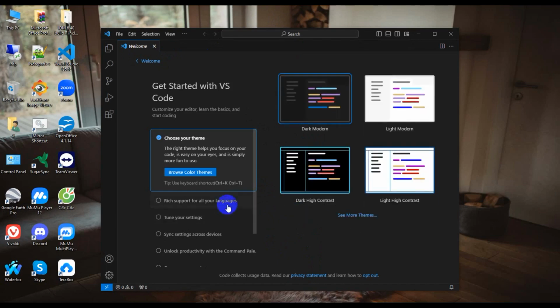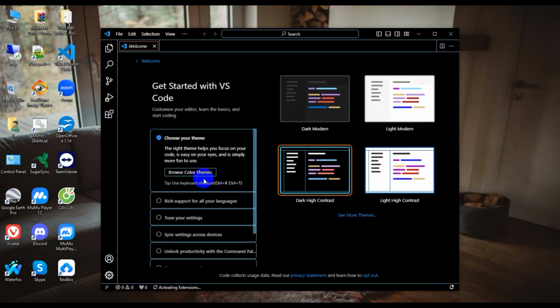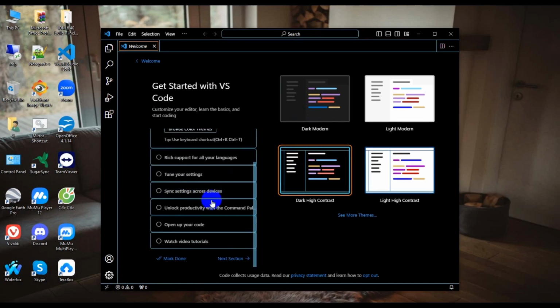and others. So, Get Started with VS Code. Choose your theme: browse color themes, dark mode and dark high contrast. So I'm just clicking dark high contrast. Okay, then